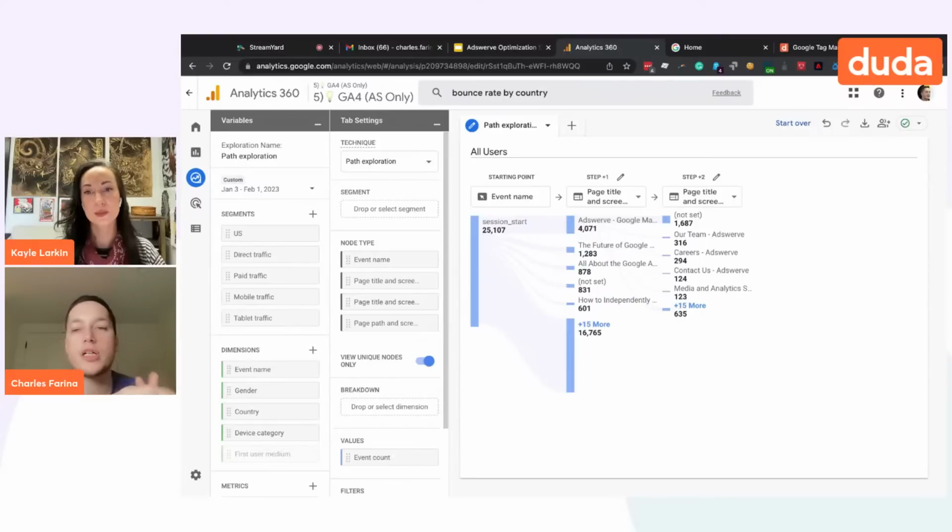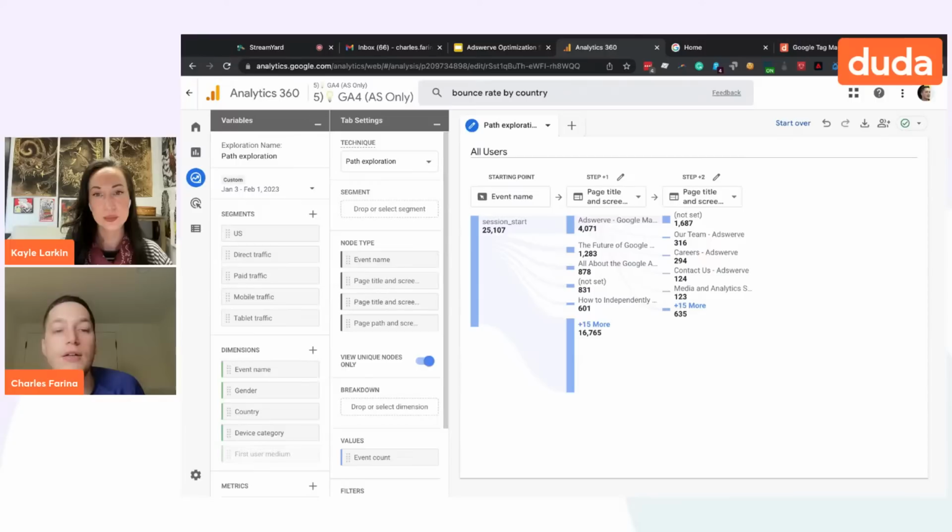So in the old version of Google Analytics, it was really hard for marketers to use these because of sampling and some of the other fragmentation that happened with it. So I'll give you one actionable example of this report. Let's say you're a marketer and you have a conversion that you care about, and your boss wants you to tell them what do users do prior to converting? What are the most common paths that lead to a conversion?